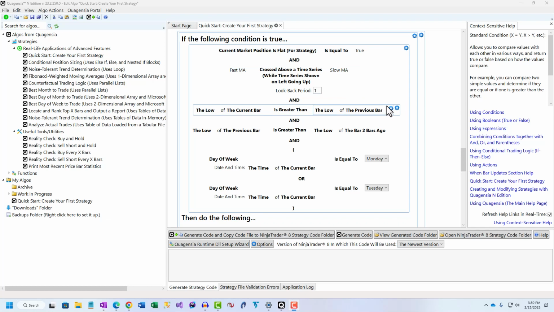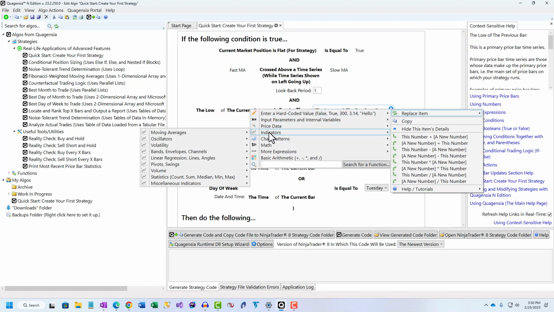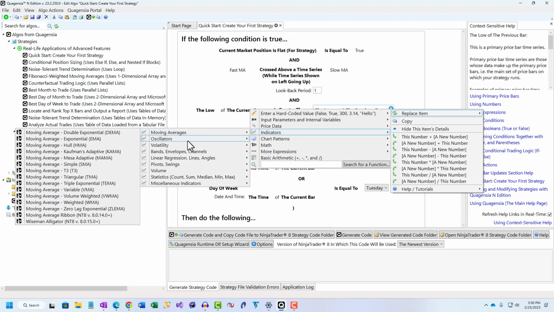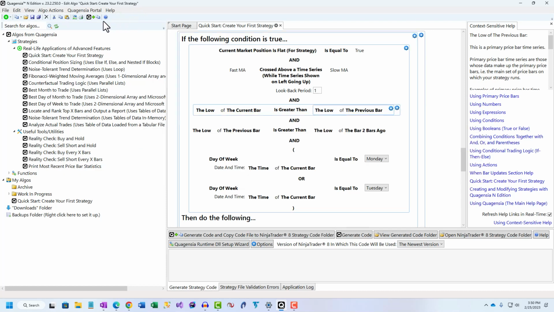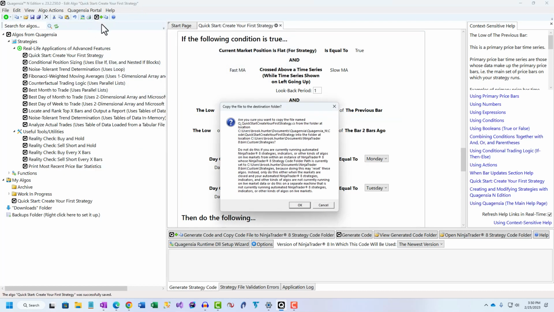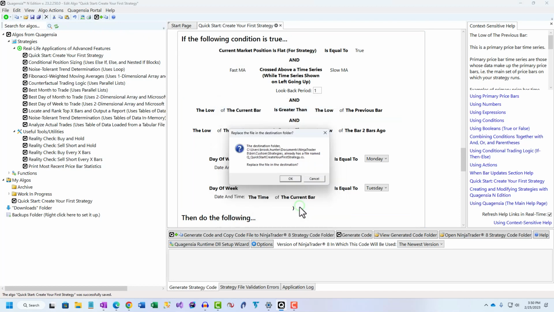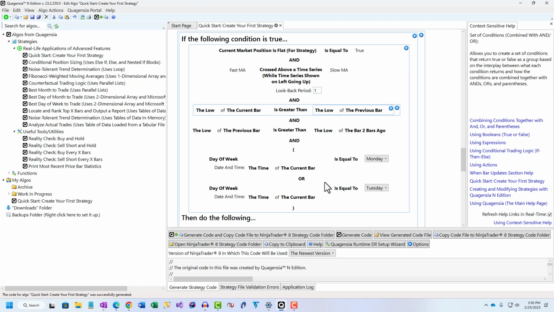In this video, we will build a simple algorithmic trading strategy in Quagentia N Edition without code by simply clicking choices on the screen as you would verbally describe the trading idea. Then, we will generate our strategy's code and send it to NinjaTrader 8 with the click of a button, then backtest and optimize our strategy for free on 10 years of historical market data that comes free with NinjaTrader 8.